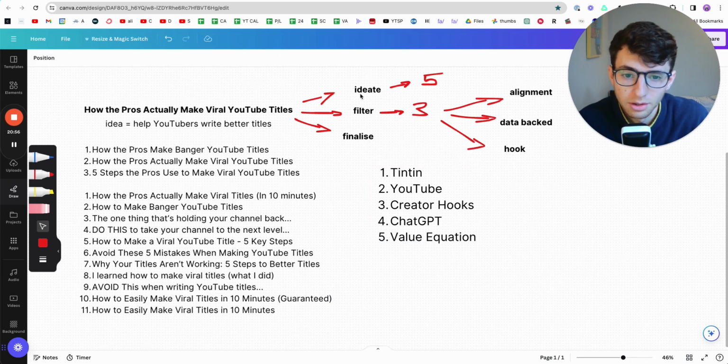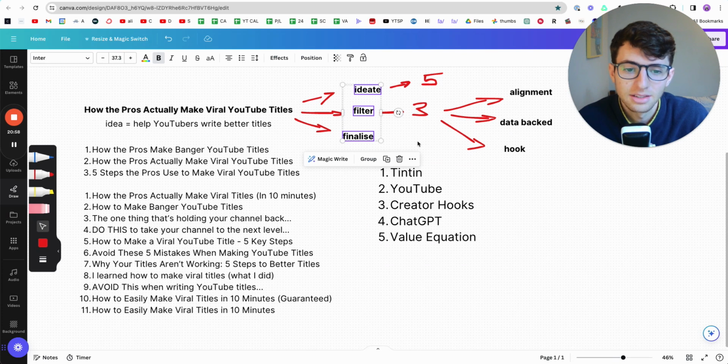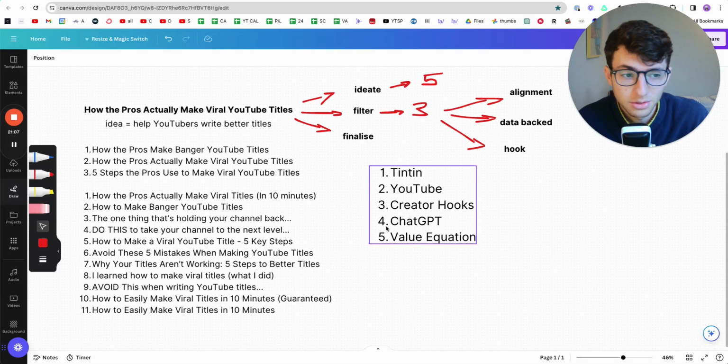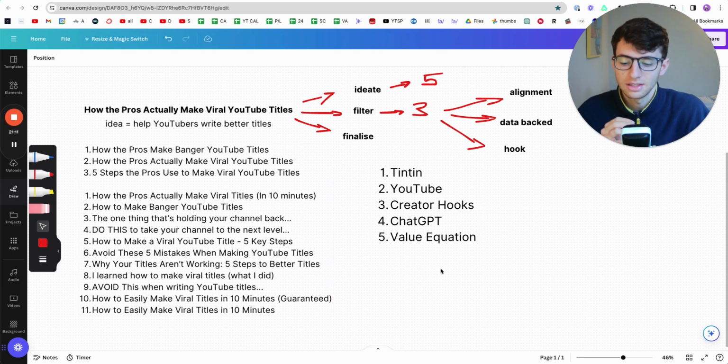Well, the 3-step process that I use, and then the 5 steps in there and 3 steps in the filter. And yeah, hopefully that was helpful for you guys, and you can apply it to your own channel. Again, this is to give you inspiration for what to do with your own channel rather than to give you answers. Yeah, those are all the things I do.